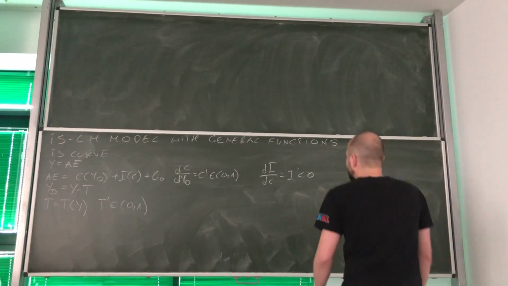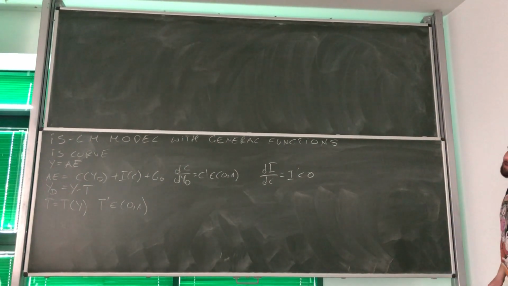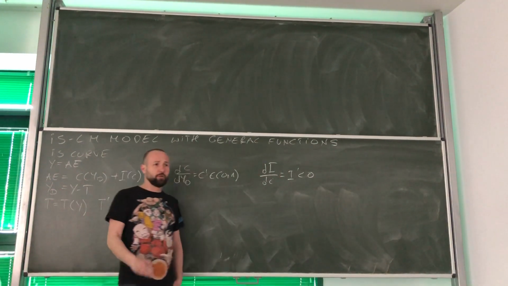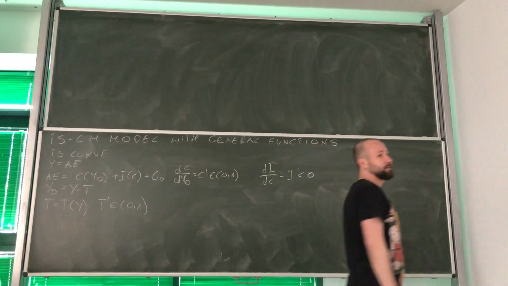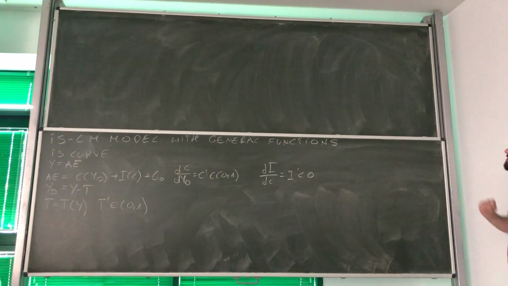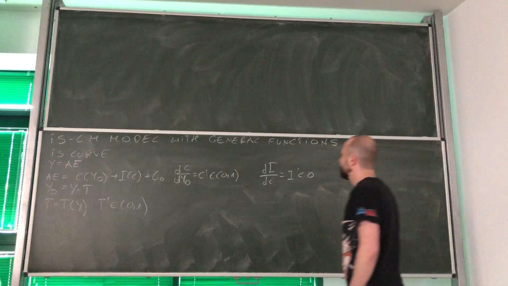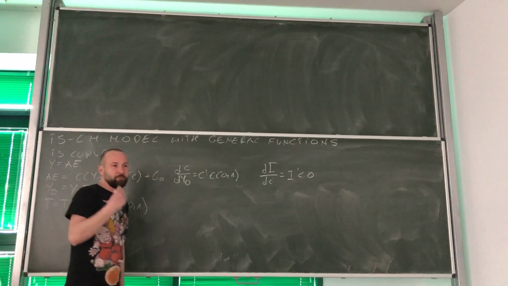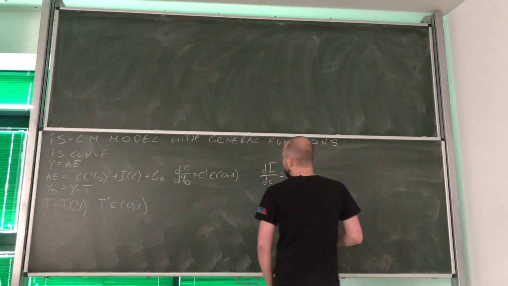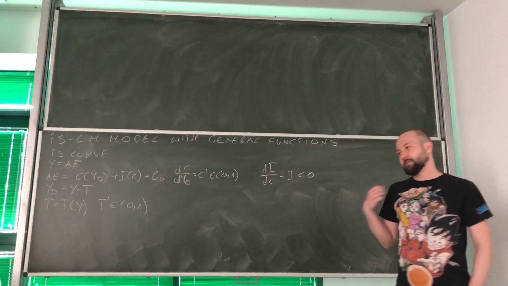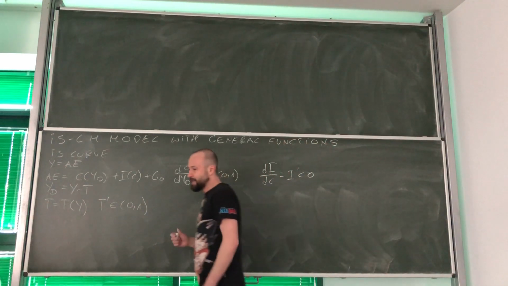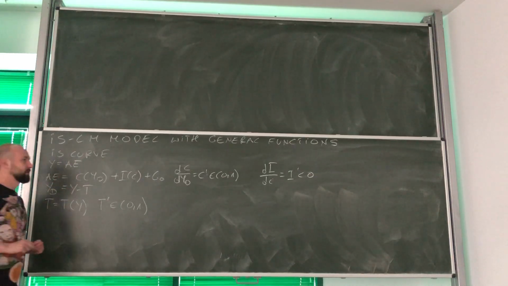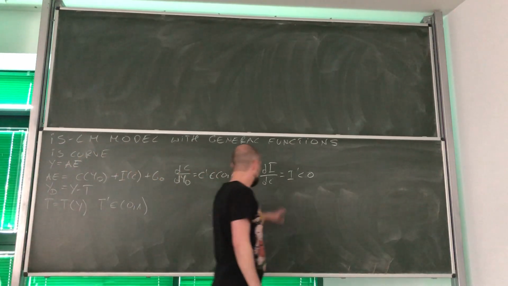Hi. The second application of the extended implicit function rule and theorem that we're going to discuss is going to be the IS-LM model with general functions. And look, I know that at the beginning, using these general functions and the implicit function rule might be a little bit problematic. But I hope in this case you will see the benefits, because